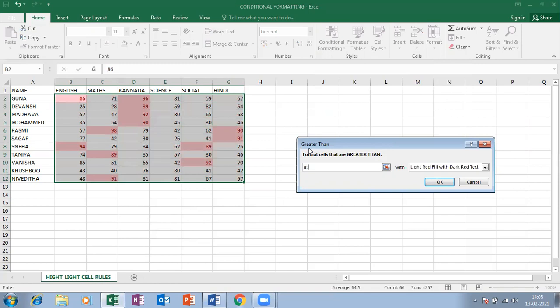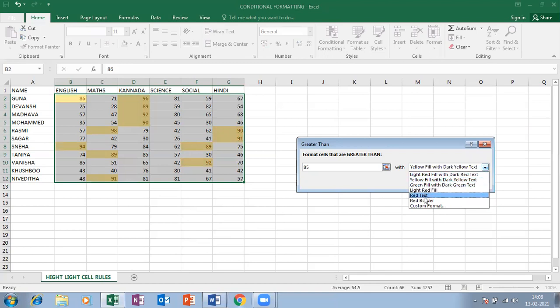I want to highlight the cell values in this selected range that are greater than 85, and highlight them with whatever color you want.